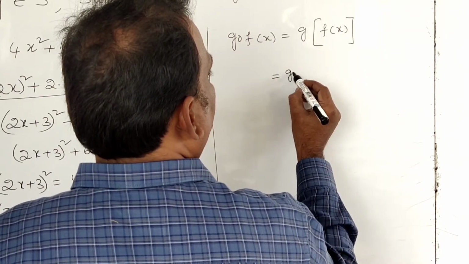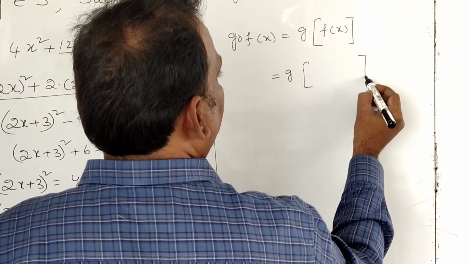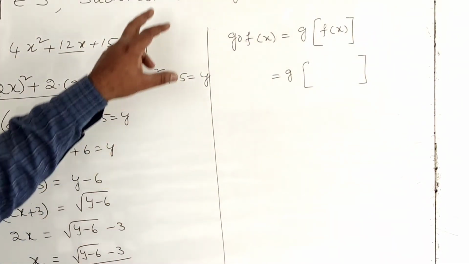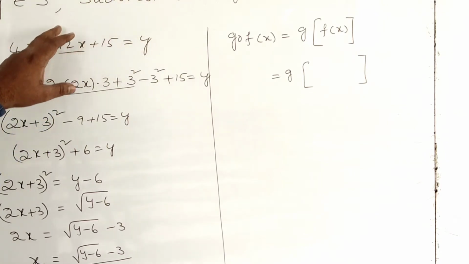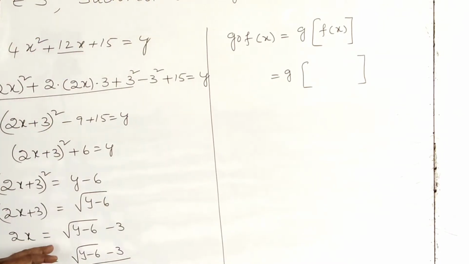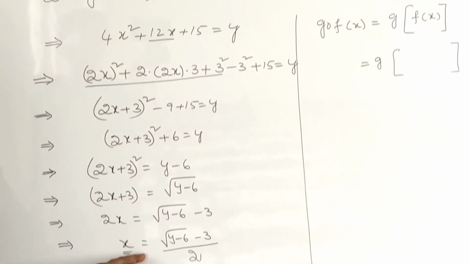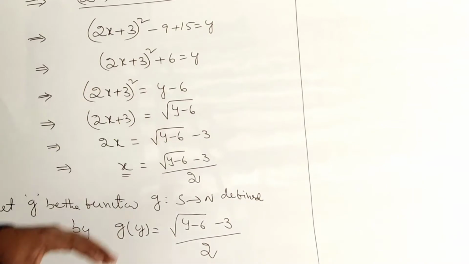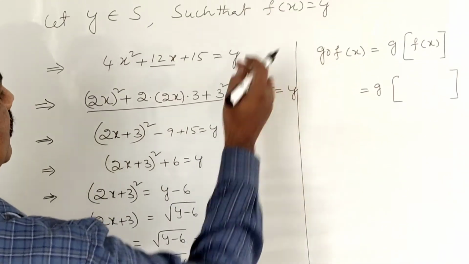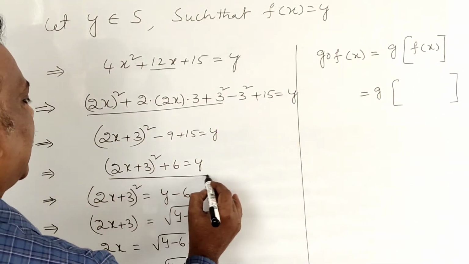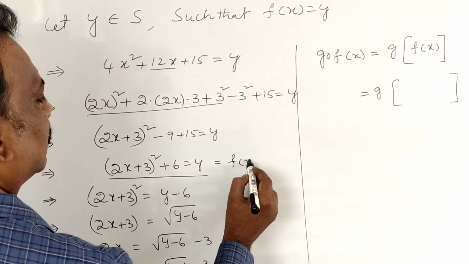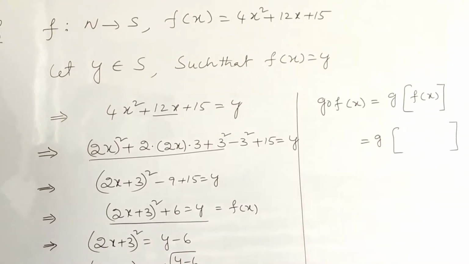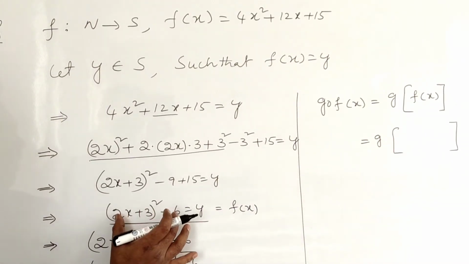So for g of, you have to simplify the inside function f of x. What is f of x? This is also f of x. We simplified up to this. This is also f of x, because y is equal to f of x only. So this is also treated as f of x only, no problem. You can apply this also, but the calculation is a little bit difficult. That's why you can apply here, you will get it easy.